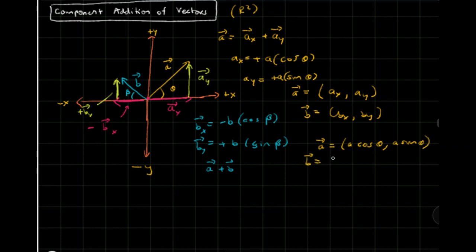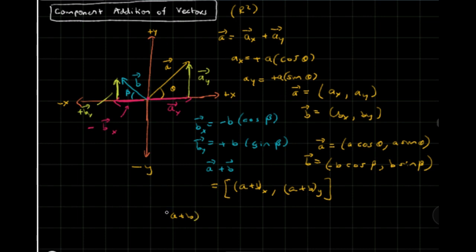Okay, and vector B can be written as negative b cosine theta, and b sine, sorry, not theta, we'll use beta because this is a different angle. Negative b cosine beta and b sine beta. Okay, so if we're figuring out the resultant vector, it also has its two components, Ax plus Bx and Ay plus By. Okay, so those are its two components,